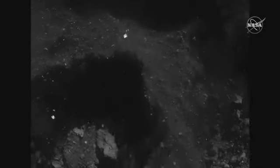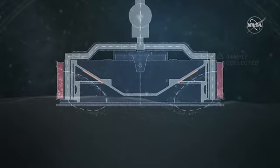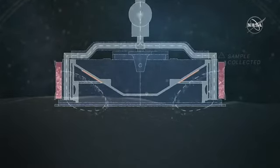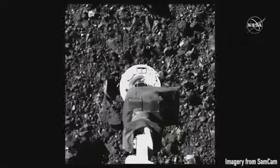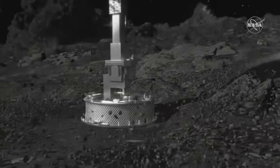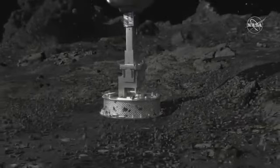OSIRIS-REx's sampling mechanism penetrated Bennu's regolith and fired its nitrogen gas bottle to stir up sample material for collection in the TAGSAM head. At 6:08 p.m. Eastern, the team on Earth received confirmation of a successful touchdown. OREX has descended below the 5-meter mark. The hazard map is go for TAG. And we have